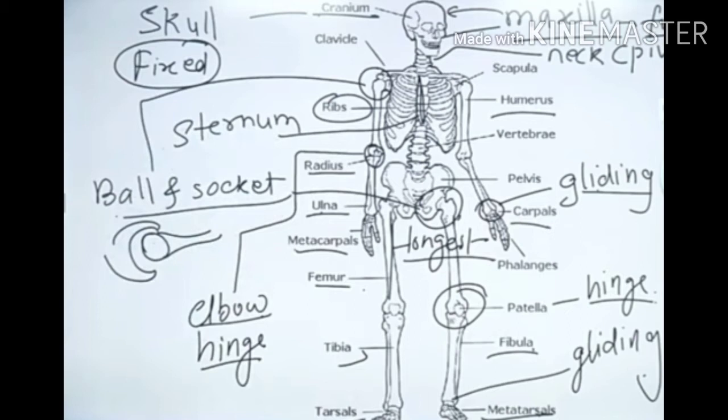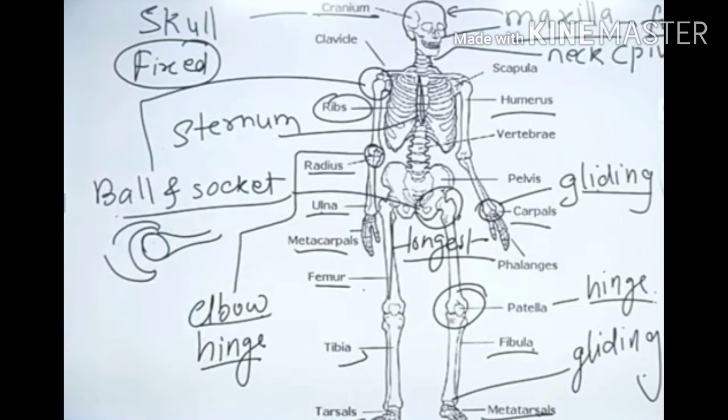On moving to the right side of the bones, the first one is maxilla. The skull is also called the maxilla bone. Next is neck. We have studied the pivot joint, means rotation of our skull or face 90-degree left, 90-degree right, 90-degree upward, 90-degree downward. So there is a pivot joint present on the neck. After this, scapula or humerus, means it is again a ball and socket joint. Humerus works as a ball and the shoulder bone works as a socket.